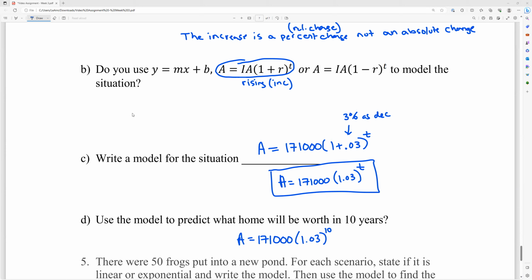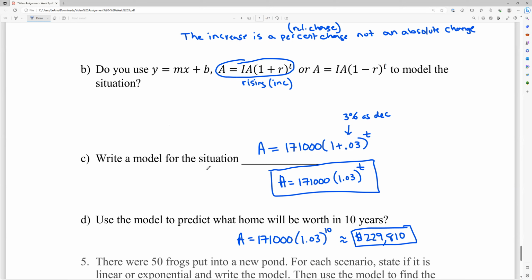So we're going to round this probably to the nearest whole dollar since the original price was rounded to the nearest whole. So this will be 229,80, and then this 7 is going to bump that 9 up, so it'll actually be 810. So approximately $229,810. So 10 years, that house has been appreciating at a rate of 3% per year, which again is repeatedly